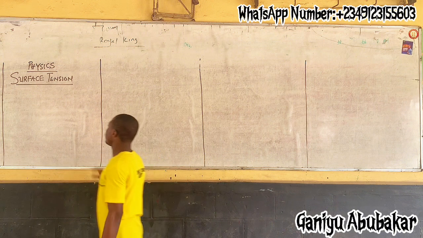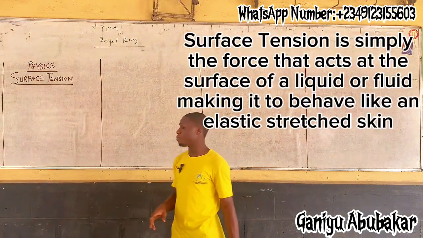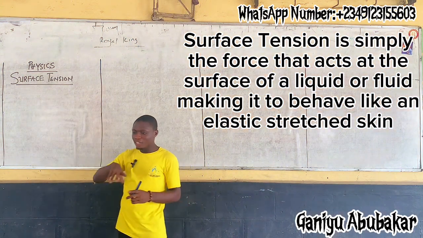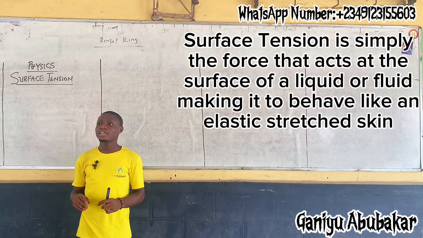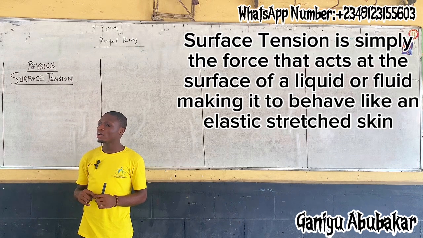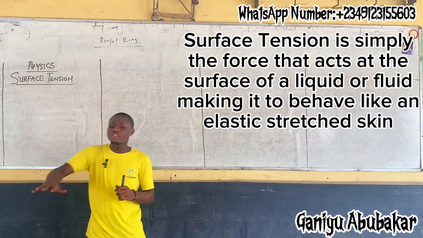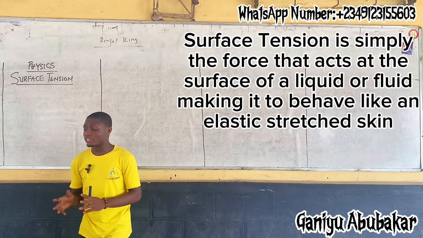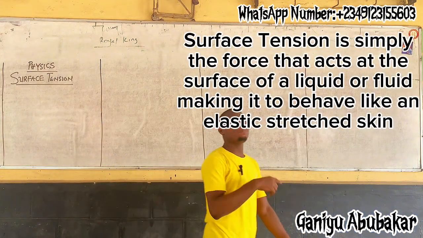Let's do surface tension. Definition, please. Surface tension is simply the force that acts at the surface of a liquid, making it behave like